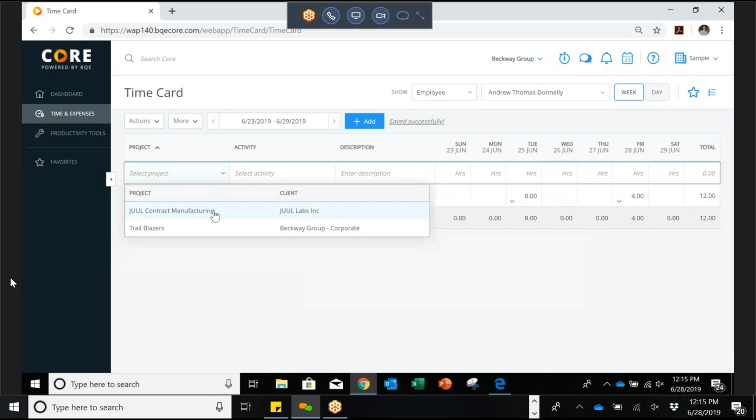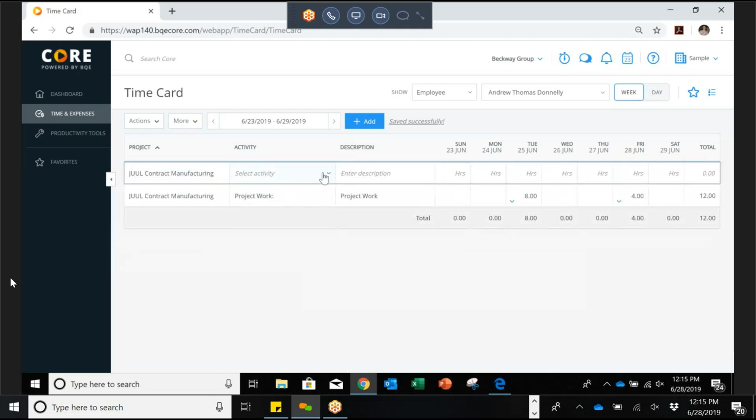If we work on the same project in shoes, but a different activity,